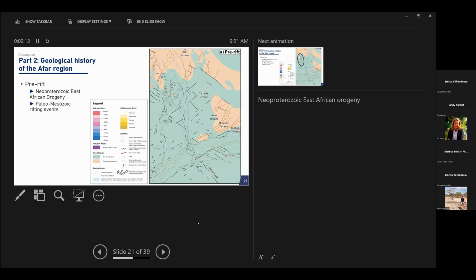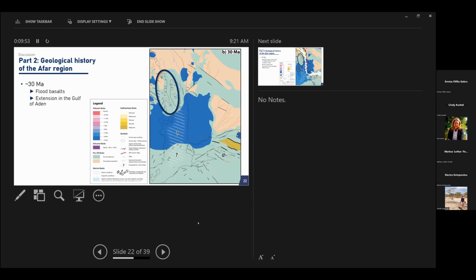So we'll go now through this history, and I will mainly focus on the Danakil depression because we are more interested in this one. Before rifting, the region was influenced by the Neoproterozoic East African orogeny that led to very strong lithospheric heterogeneity and weakness zones. We also had, during the Paleozoic and the Mesozoic, several rifting events, for example, that formed the Mekele Basin, and this led to many faults and lineaments